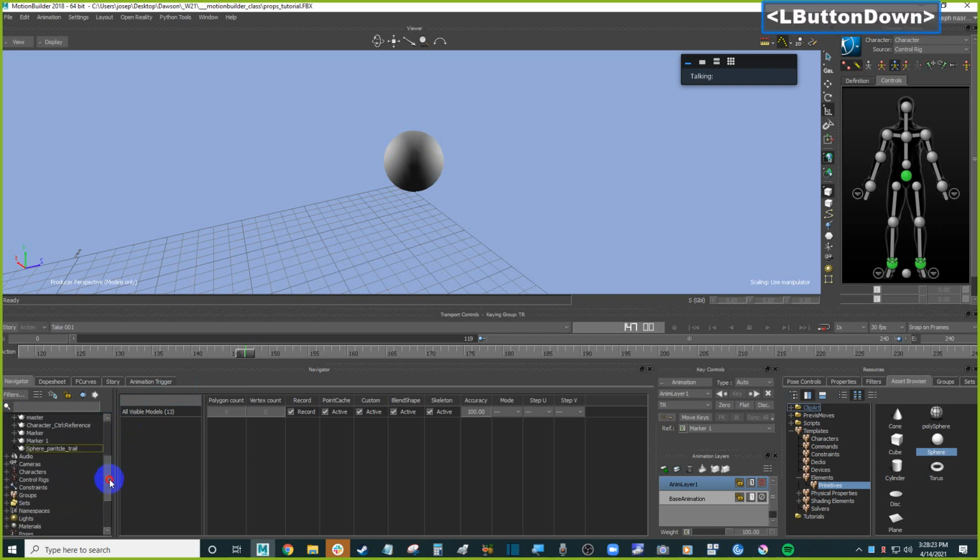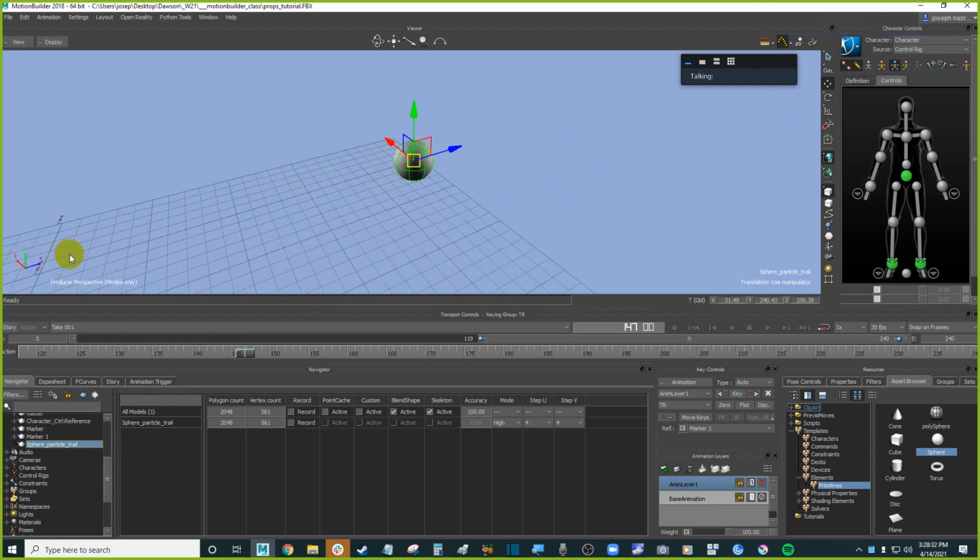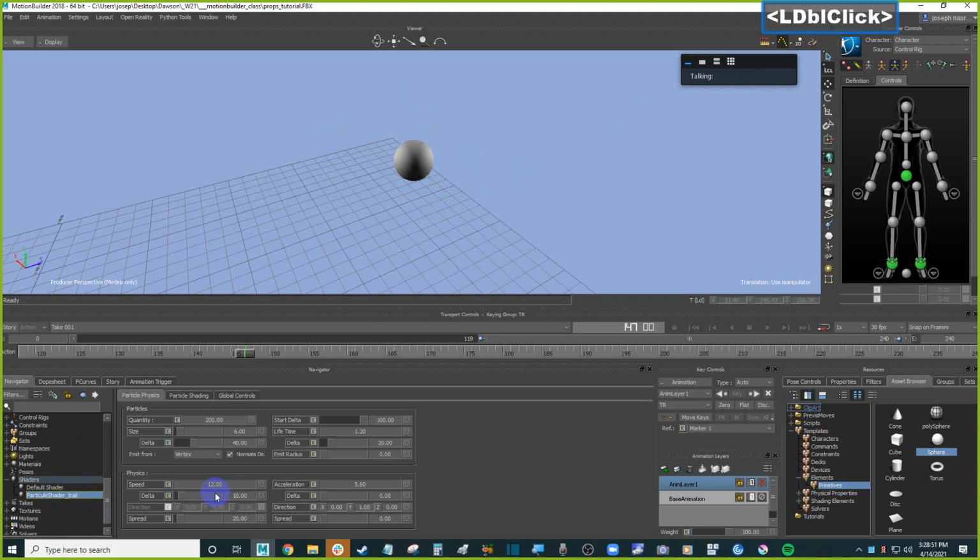Okay, so it should be right here. Scale that down. Like I said, I only align the position. I want to keep the rotation. I'll choose local, so you see the local pivot of the object. See, the local pivot of the object is the same as the world. This is very important for particles because in the settings of the particle, you see here, there's physics where you